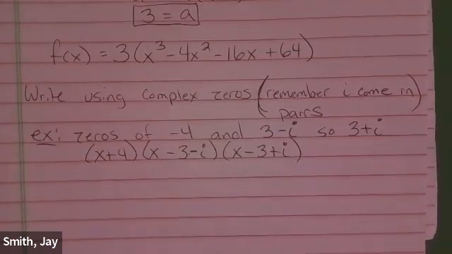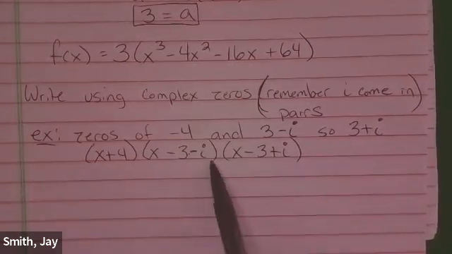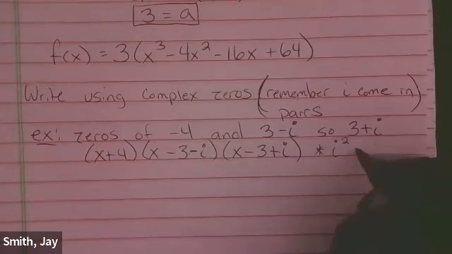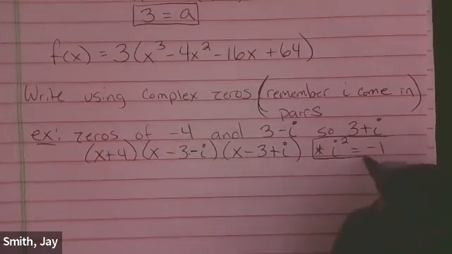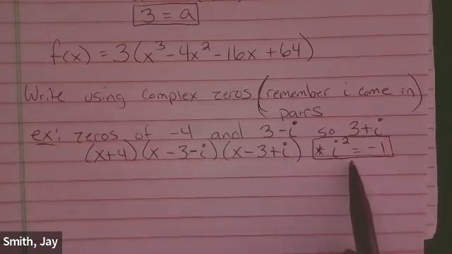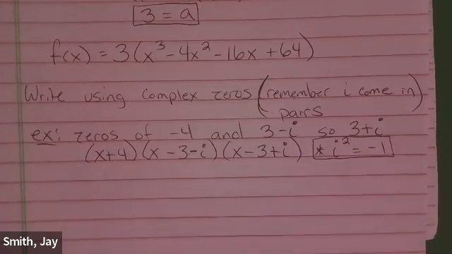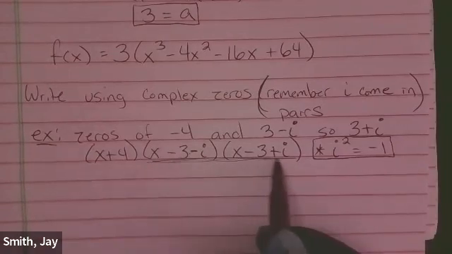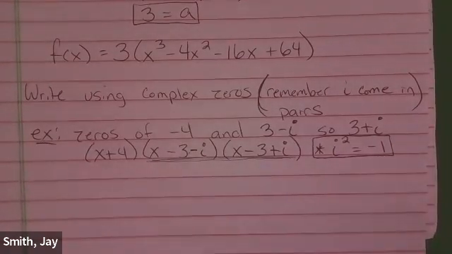Now, what we want to remember is that anytime we're dealing with complex numbers, or we have i's, i squared is equal to negative 1. So we don't want to forget that i squared is equal to negative 1. That's going to take it from being complex and make it into real. We're also going to see, because we're dealing with conjugates, that anything else that has an i that doesn't automatically change to a real number by implementing i squared equals negative 1 is going to cancel out. All right, so the real issue here is multiplying these two factors,